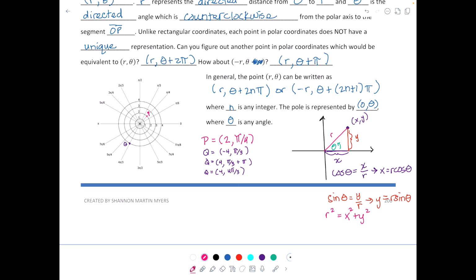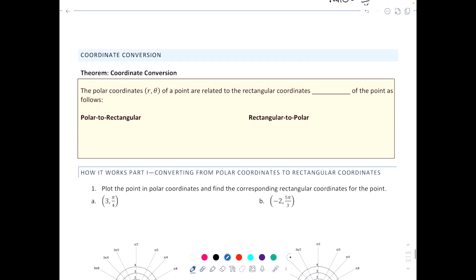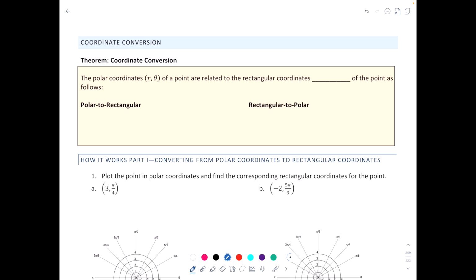And tangent theta would be the ratio of those sides, y over x. Groovy? All right, so looking at coordinate conversion, the polar coordinates r, theta of a point are related to the